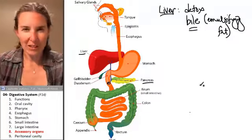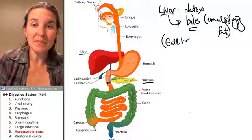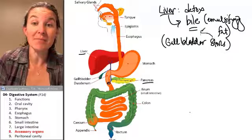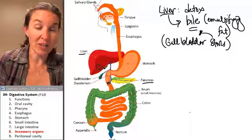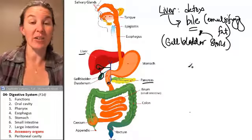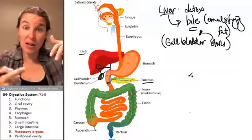When you hear the word bile, does it make you think of anything else? The liver produces bile, but you know what? The gallbladder stores bile. So look, now this is a super bizarre way of drawing the gallbladder. The gallbladder is actually found on the inferior surface of the liver. I guess if we took this gallbladder and stuck it up there, then it would be in a more accurate anatomical location. But it's smashed up on the undersurface of the liver, and the liver produces bile, and that bile